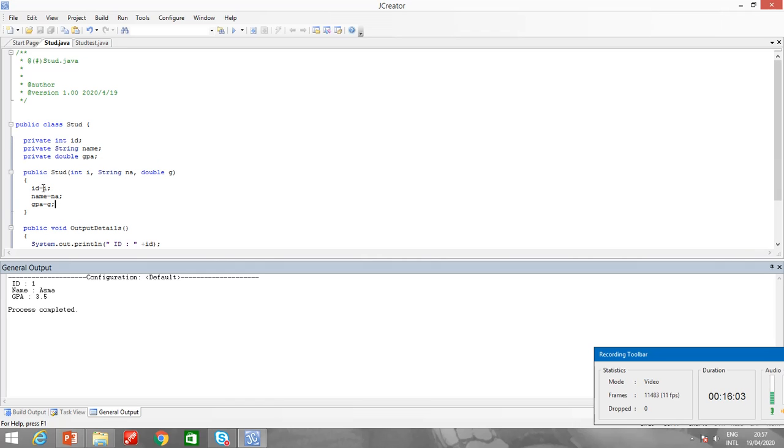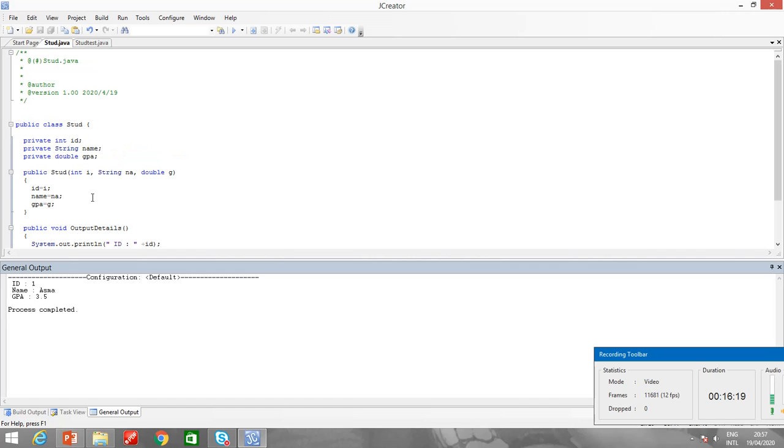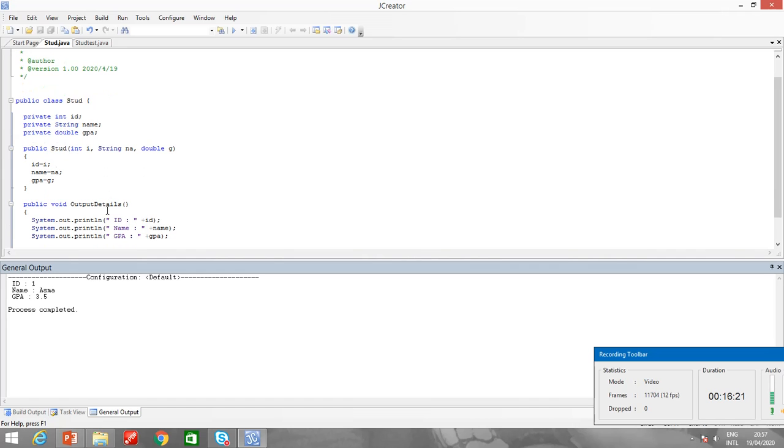Now ID is assigned the value of I, name is assigned the value of NA, and GPA is assigned the value of G. So that means now the ID, name and GPA variables have values. After that we have called the outputDetails method. When the outputDetails method is called, ID, name and GPA are printed. So the purpose here is to assign the value of the instance variables.